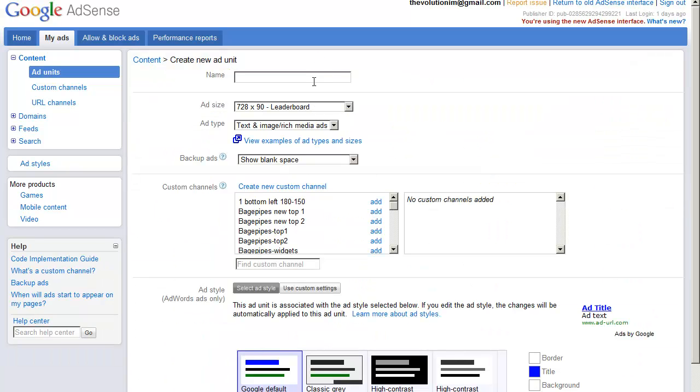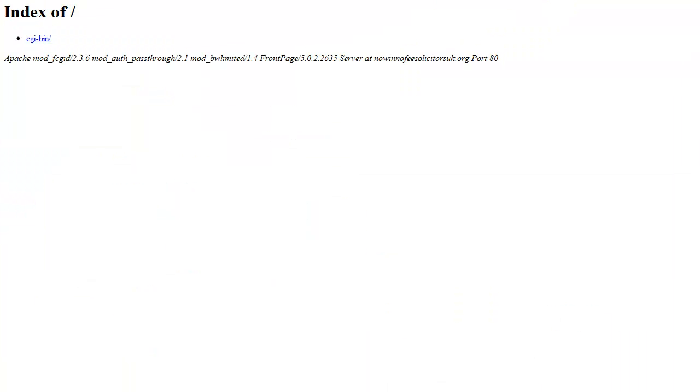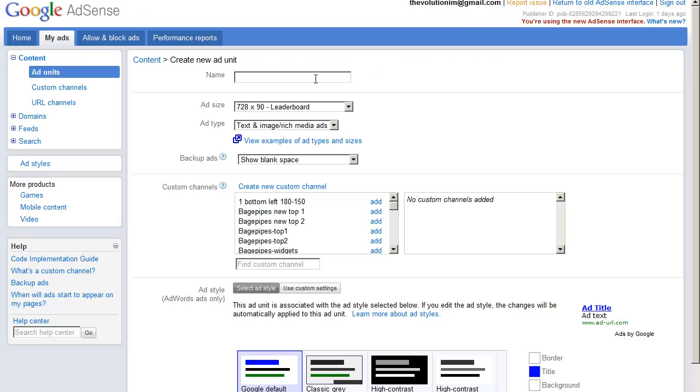So what I want to do is let me just go over to, that's what the site looked like before we started. It was just an index, because I had the cPanel installed but not the WordPress. So basically I want to just take this part of my URL right now. So I'm going to type in leaderboard,